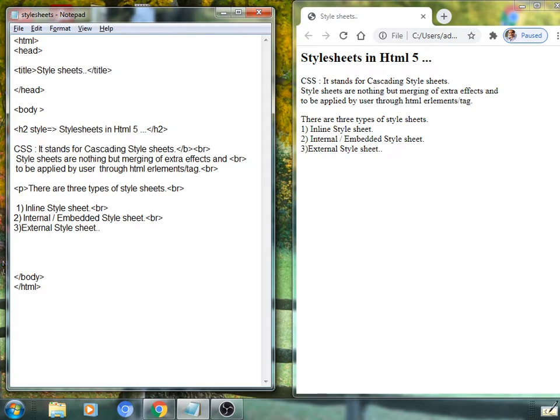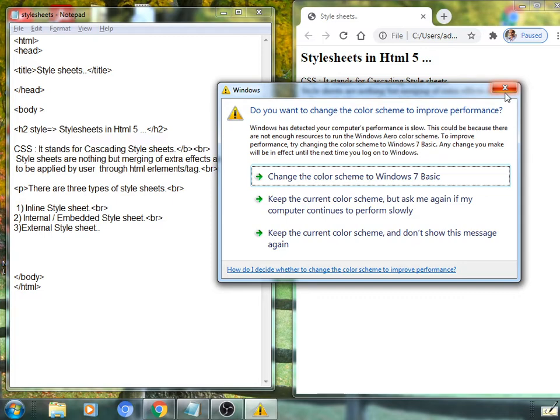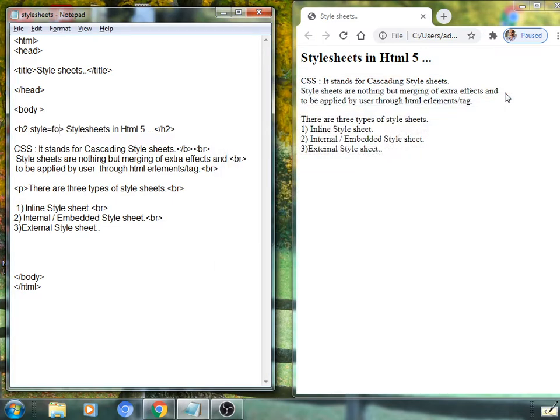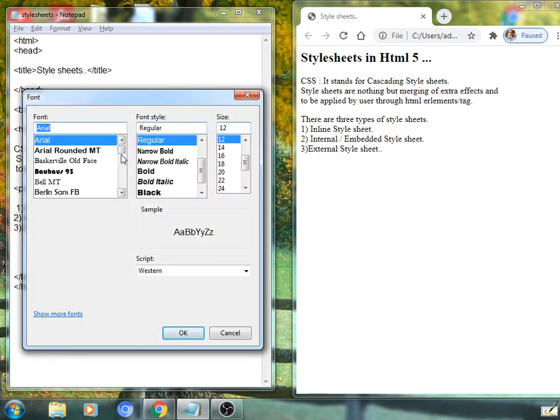The first property I would like to apply is font-family, colon, its value. A font-family property holds any font name as a value. You can check font names within the Format menu by using the Font menu option. See here, a list of fonts is displayed.